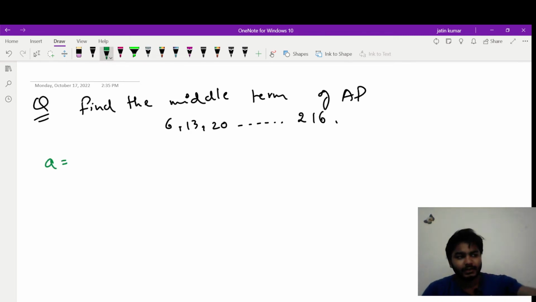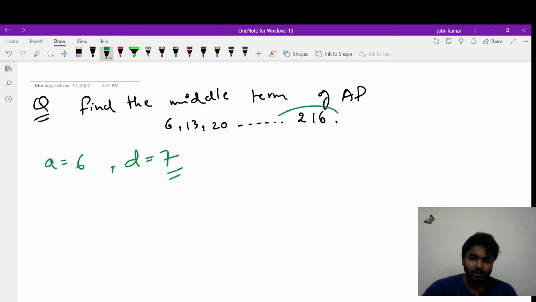You will first find the value of n, ना, because n आएगा तभी तो आप निकालोगे ना कि n अगर इवन है तो फॉर्मूला वो वाला लगेगा n by 2 and n by 2 plus 1, और अगर n ऑड हुआ तो n plus 1 by 2 वाला फॉर्मूला लगेगा. तो फाइंड द वैल्यू ऑफ a is 6, so d is 13 minus 6 is what? कितना होता है? 7, d is 7, and an you are given this time. An means last term, general term, nth term, सब यही है.